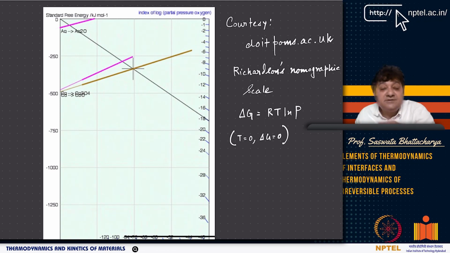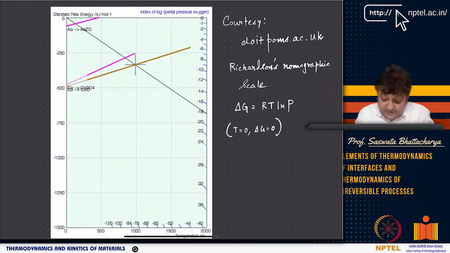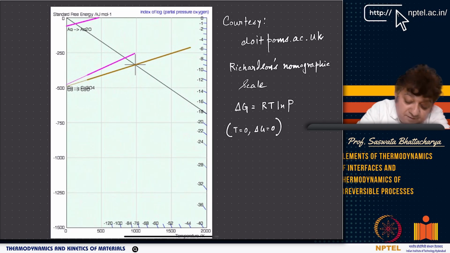Now, how do I know what is the oxygen partial pressure for a given reaction? Say, for example, you have this nomographic scale of oxygen partial pressure. If you look at the conversion of nickel to nickel oxide, or cobalt to cobalt oxide, or silver to silver oxide, basically what you are doing is, from the origin, you draw a line for the desired temperature. This point cuts here, and then you extend this point,